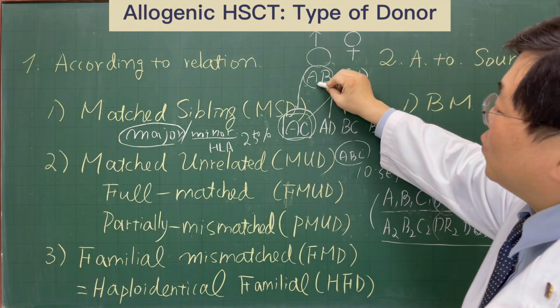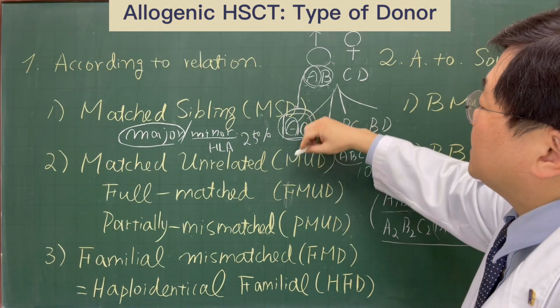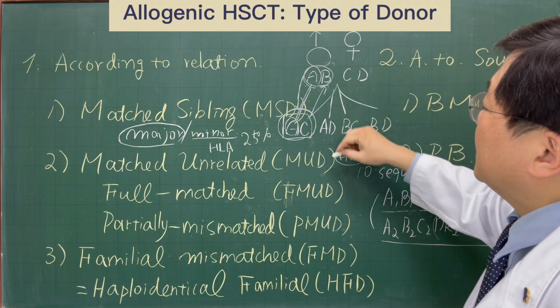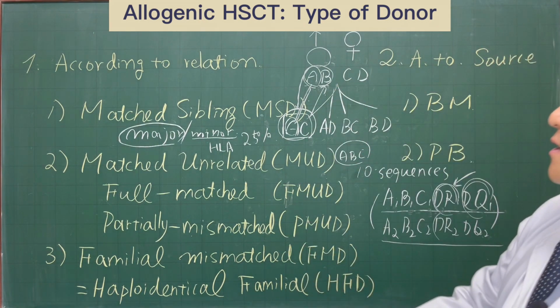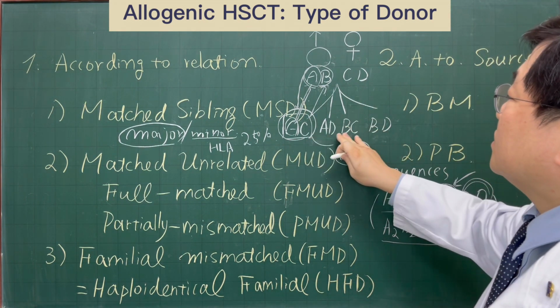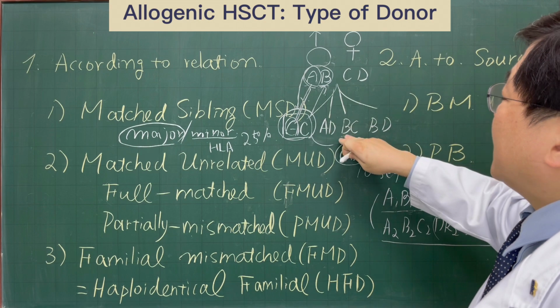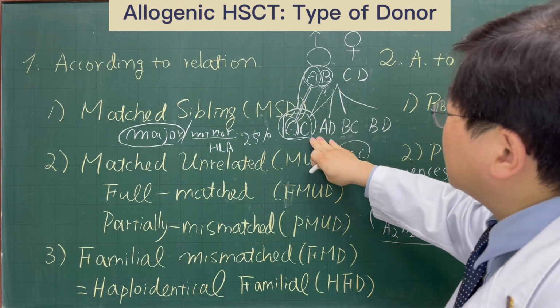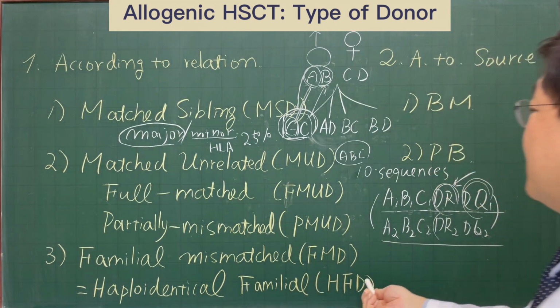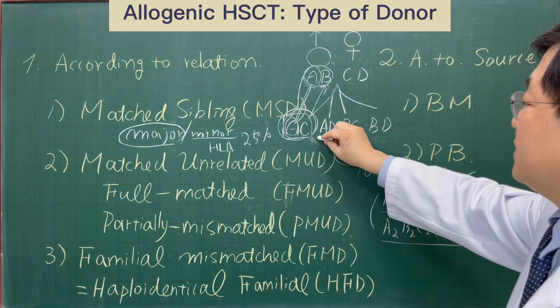In other words, one of the HLA molecule settings is always identical, but the others will be different. And there is some possibility that we can find a haploidentical family mismatched donor from our siblings, because